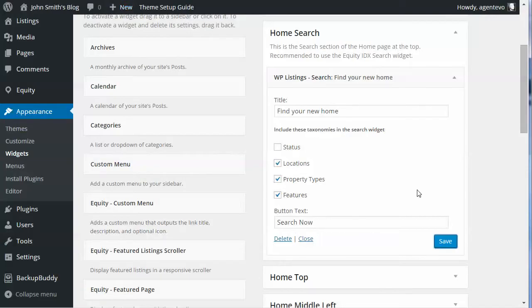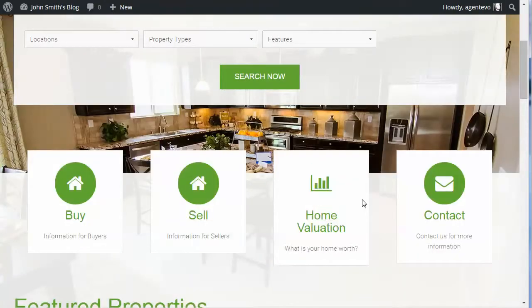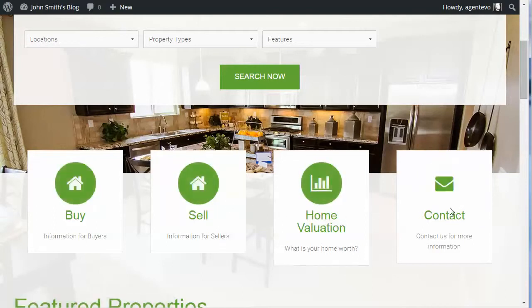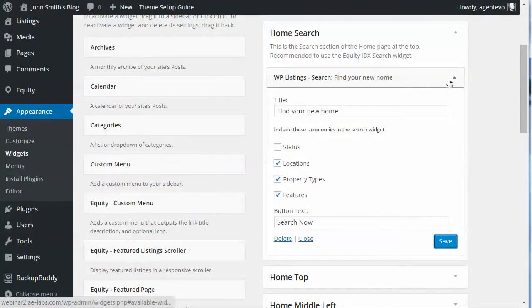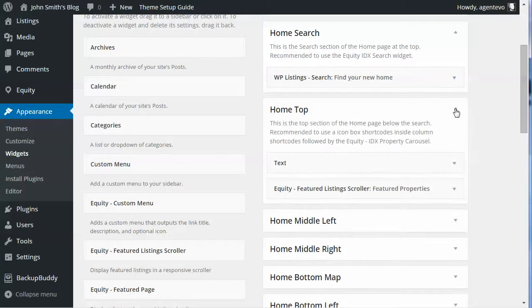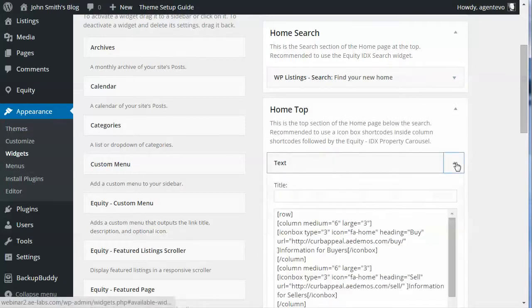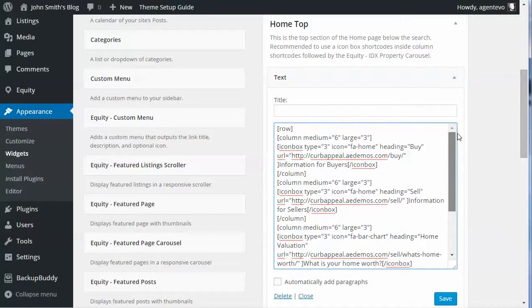Okay, now the next widget area is the home top widget area. Let's go to the front of the site. Now this is where you add the text widget with the shortcodes to display these call to actions. Okay, so let's go to home top, and you just drag a text widget there, and then you use your column shortcodes. If you go to the theme documentation, you can access that here. Let's go ahead and open that up